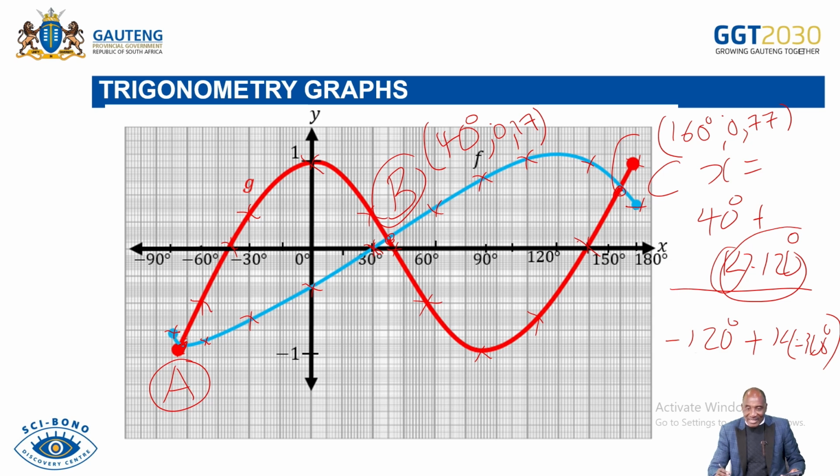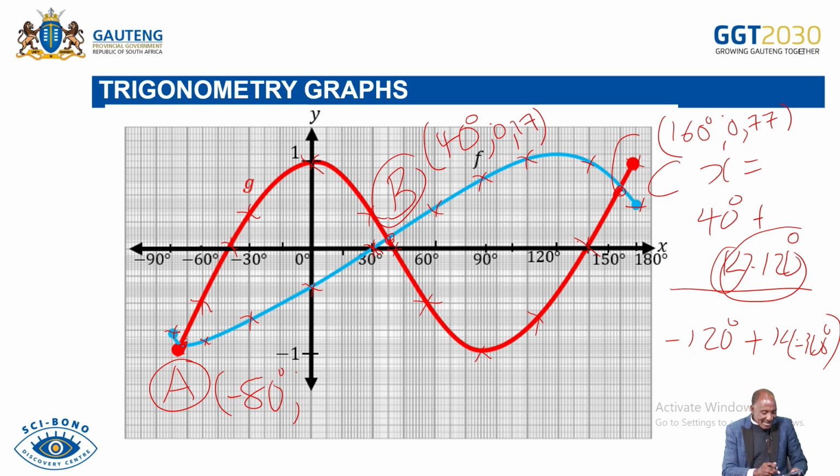So when I use -1, it's going to be -1 times 120. I get -120. I then say, what is 40 degrees minus minus 120? I'm getting -80. So it means this point A here is -80 degrees, which is just before 90. Then I substitute, because they meet there, I'll use the simplest equation of the two, which is cos